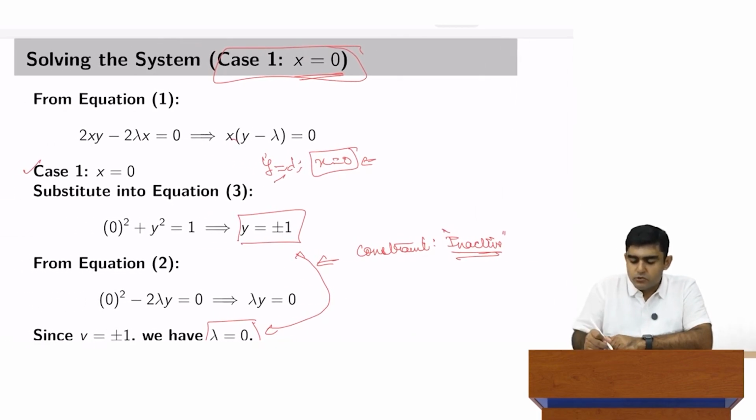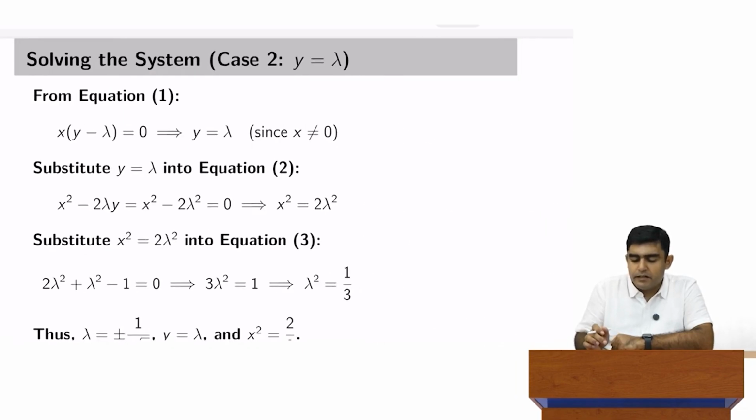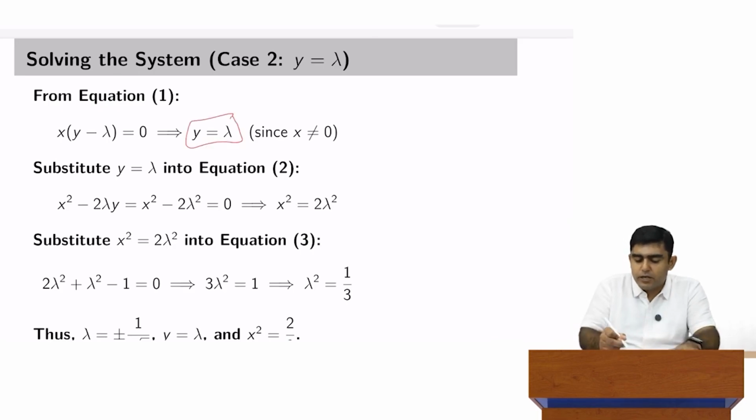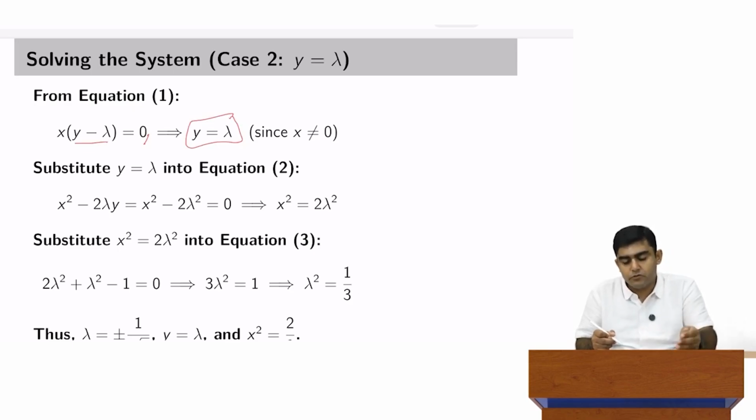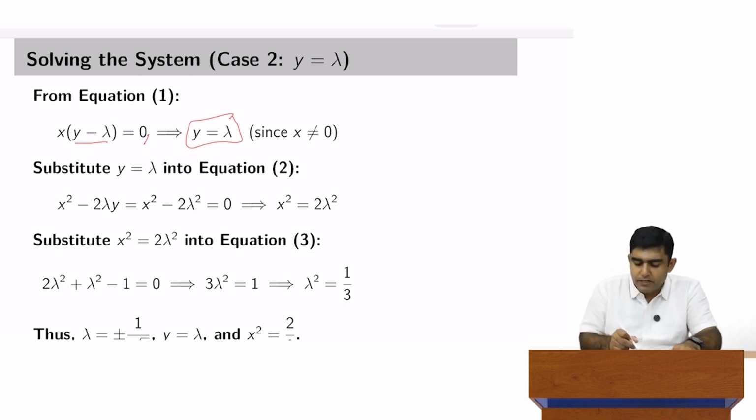So, this was the story of case 1, that we end up with these 3 possibilities, that x equal to 0, y is equal to plus minus 1 and lambda is equal to 0. And similarly, we can have the second case where y is equal to lambda, because (y minus lambda) multiplied by x equal to 0. So, one of them has to be equal to 0. So, what happens when y is equal to lambda? In that case, we get, using a very similar methodology,